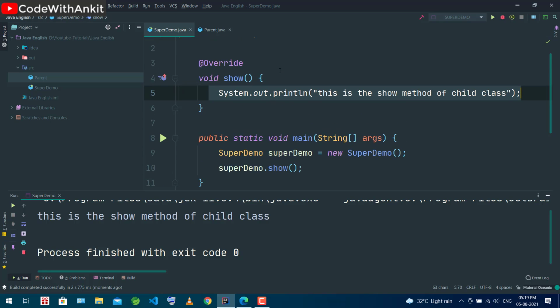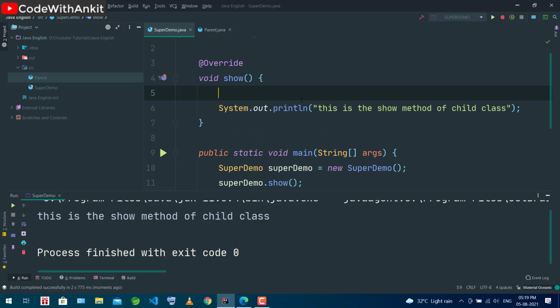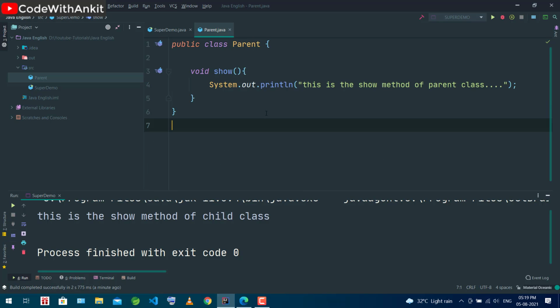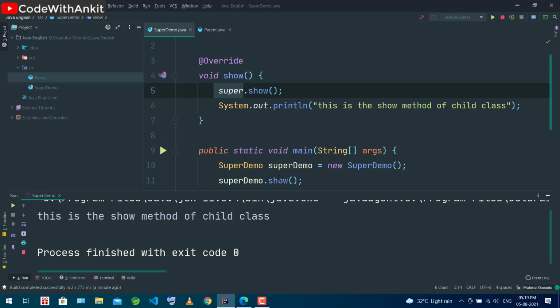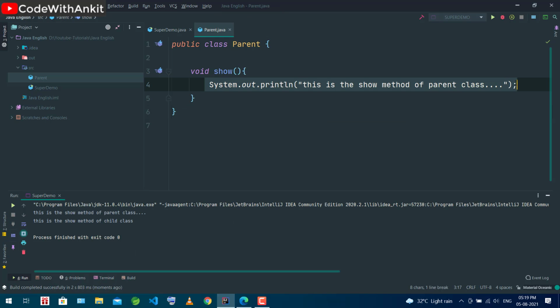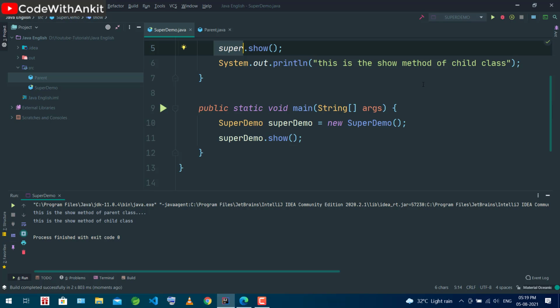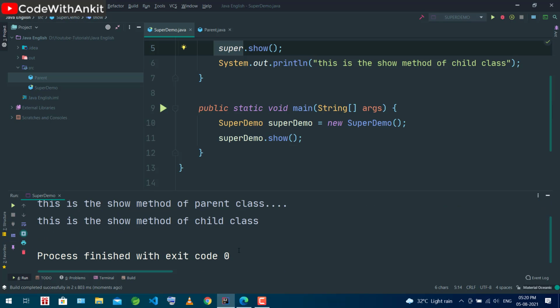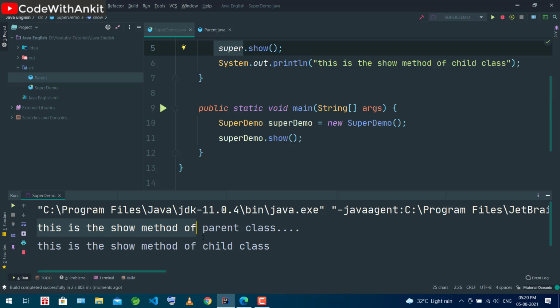If you just write here in the so method super dot so, this super refers to the parent class, and this parent class has the so method and it will call it. Now just rerun the code and you will see both outputs: first, this is the so method of parent class, and the second one, this is the so method of child class.